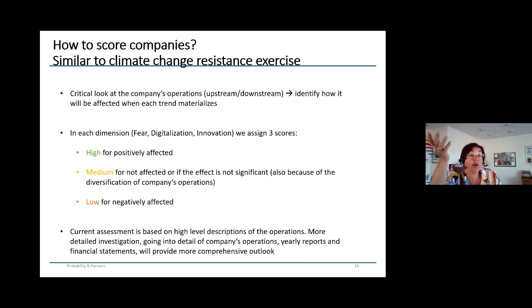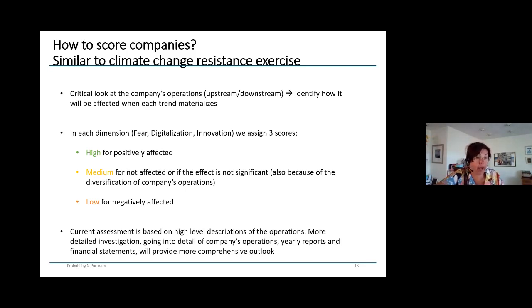So we can look critically at companies' operations as well as their supply chain, so upstream and downstream, and the product and the way they reach their customers and things like that, and basically pinpoint how it will be affected if and when each of those three trends materialize. And if you believe in other trends, then the same kind of analysis can be done. And in each of these dimensions, so the social sphere, digitalization, and sustainable innovation, we basically can assign three scores, green, yellow, and red, sort of a traffic light like